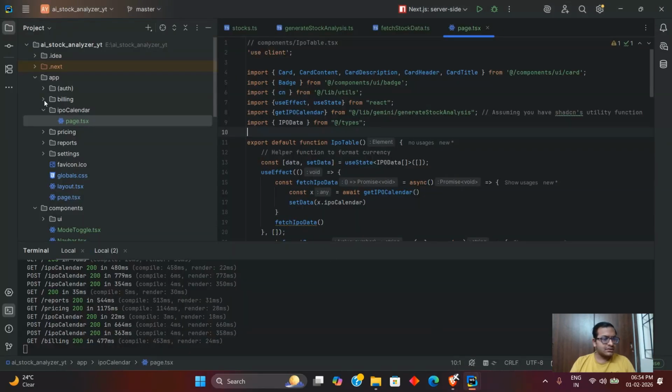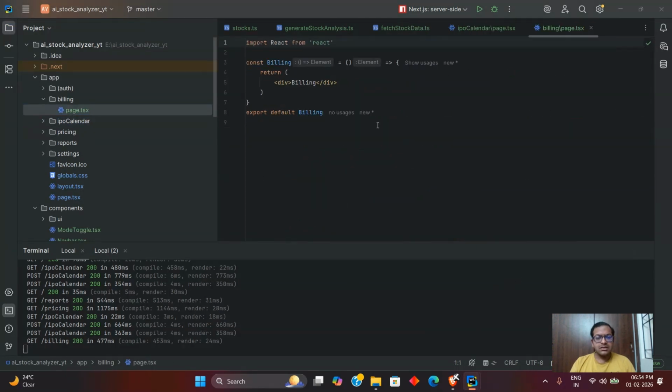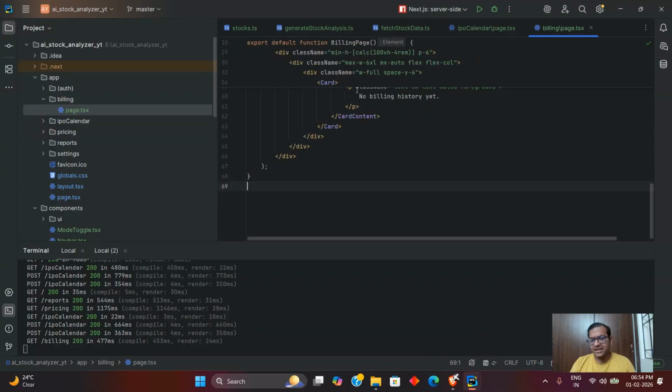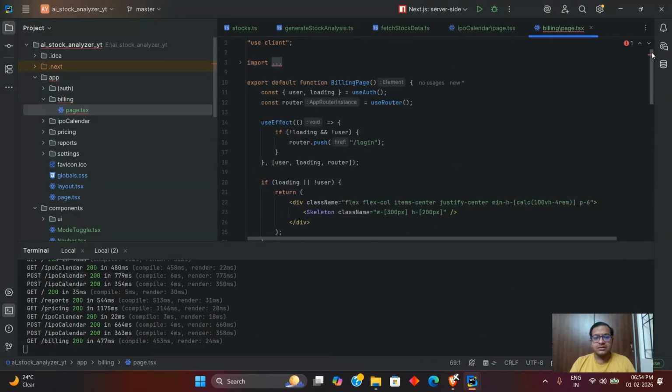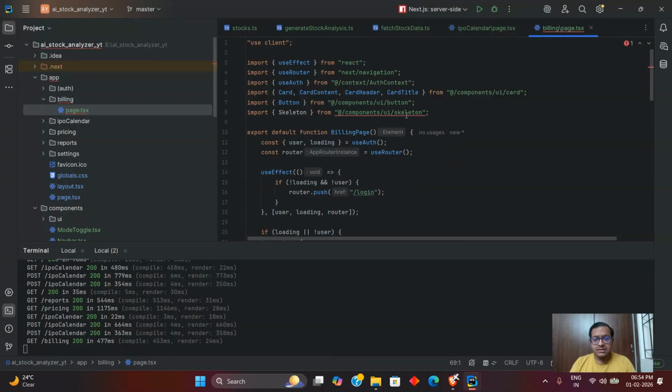So here in billing page.tsx, we are going to paste this. We have got one error. Okay, so we have to create this skeleton. Yes, we have to